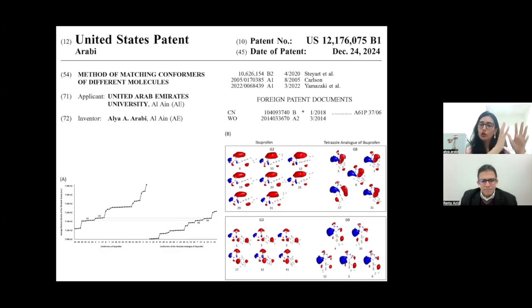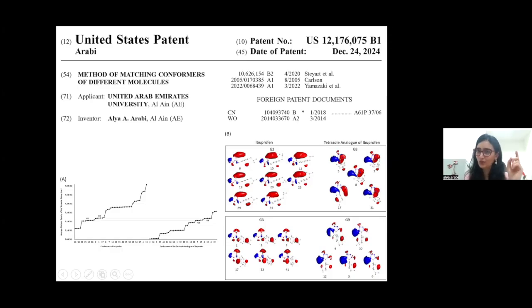So we take one molecule, do all the conformer classification, complete the substitution, do all the conformer classification of the new analog, and look at the groups that have the same average electron density, and they will have the same electrostatic potential maps. So for example, here you can see that the original drug has 4 red lobes with 1 blue lobe, and you can see here, at very similar dispositions, 4 red lobes and 1 blue lobe.